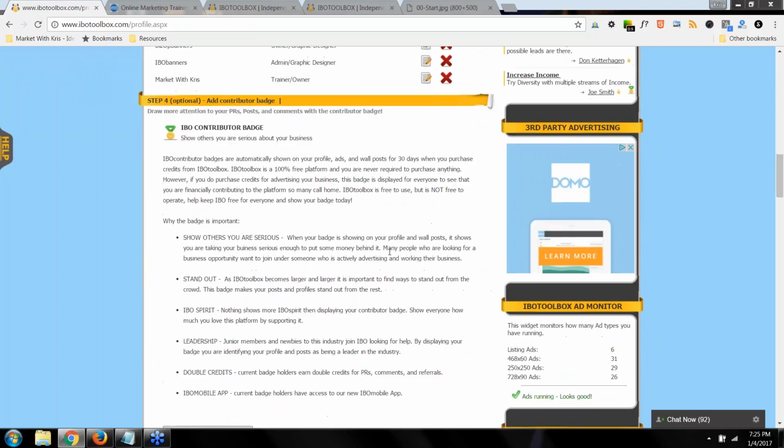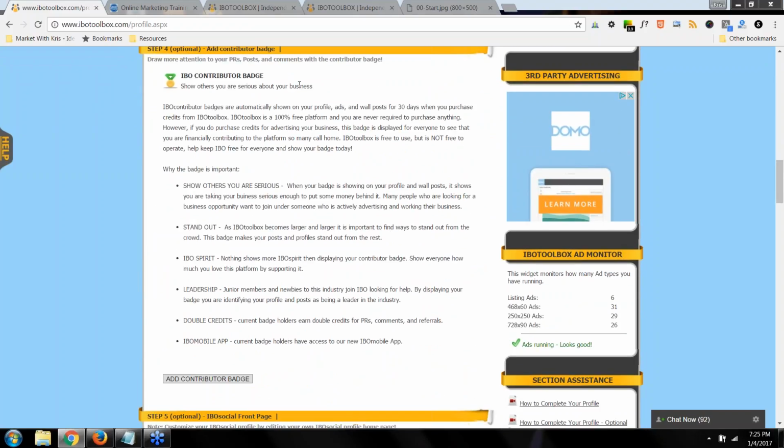Step 4 is adding a contributor badge. You can visit the Credit Center, or you can click here to add the badge. Kind of went over this earlier. It's really important. It makes you stand out in a crowd as IBO gets larger and larger. It's a great way to stand out. Again, it's a great way to show others that you're serious about your business enough to put a little bit of money behind it.